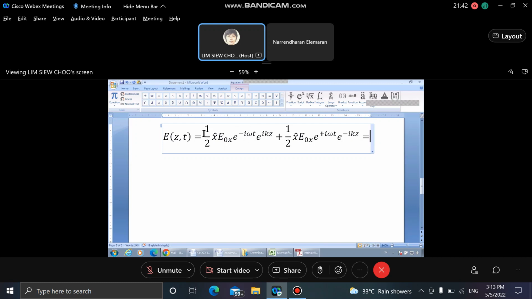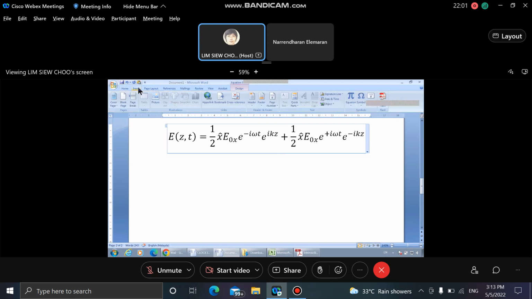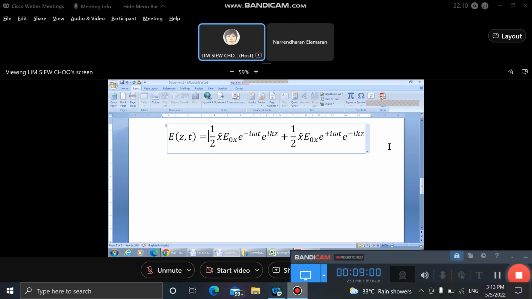But it is better that you write in this form. So the positive ikz here just assumes that the wave propagates in the positive z direction. So for example, if you have a medium,